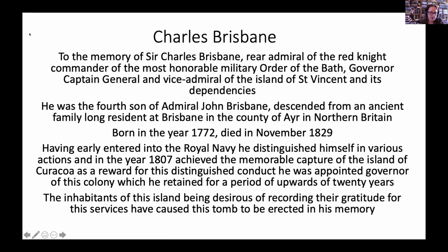Born in the year 1772, died in November 1829. Having early entered into the Royal Navy, he distinguished himself in various actions and in the year 1807 achieved the memorable capture of the island of Curaçao. As a reward for this distinguished conduct, he was appointed governor of this colony, which he retained for a period of upwards of 20 years. The inhabitants of this island, being desirous of recording their gratitude for this services, have caused this tomb to be